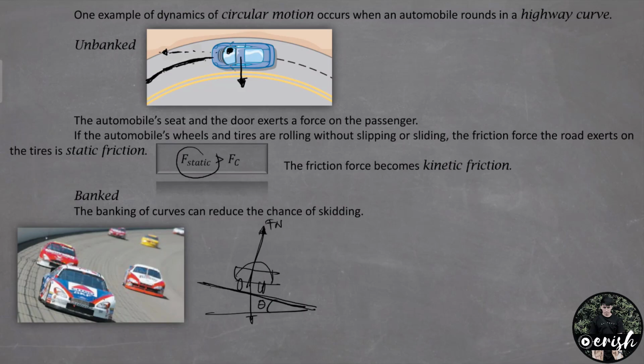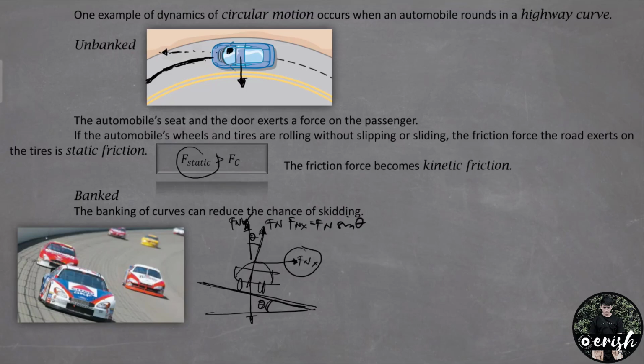This normal force will have components toward the center of the circular motion. So we have here normal force x, and this is normal force y. These banked curves reduce the reliance on friction. For a given banking angle, there will be one speed for which no friction at all is required. This is the case when the horizontal component of the normal force toward the center of the curve, say Fnx, or when we write it, this is our angle, and here it is. So Fnx is equal to Fn sine